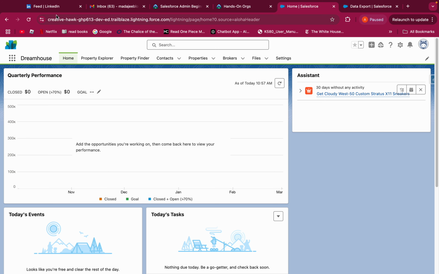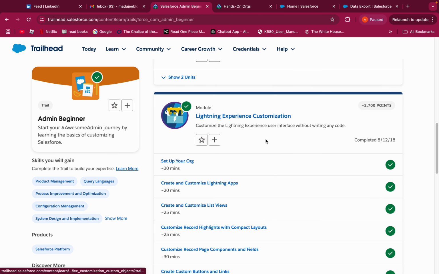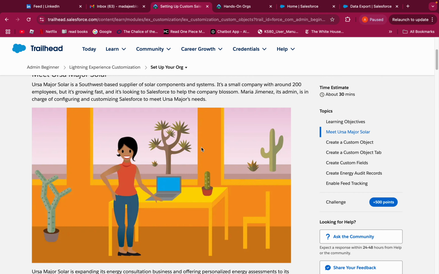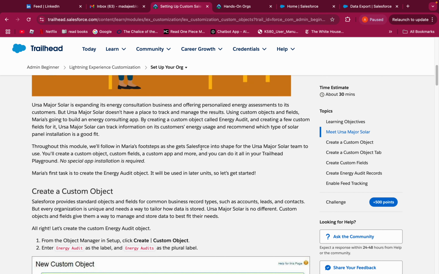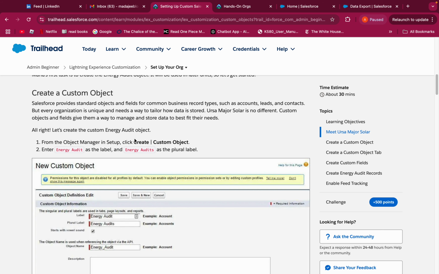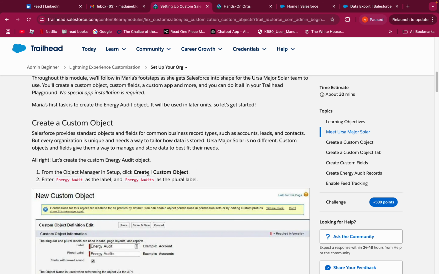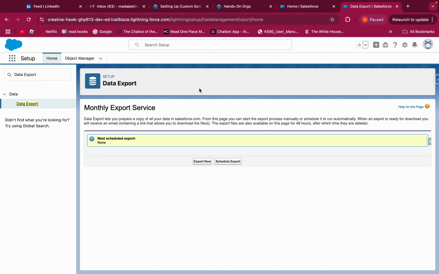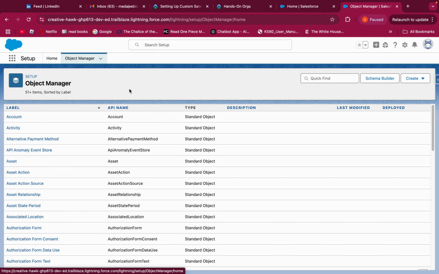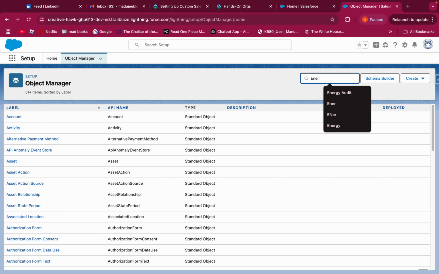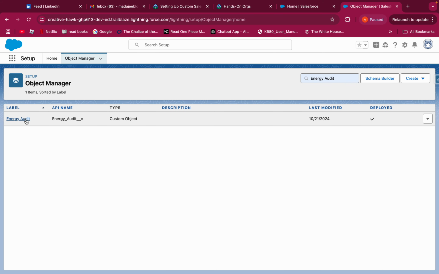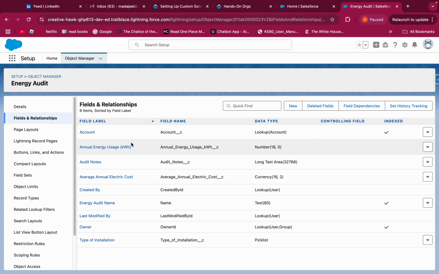And there are several customizations that come as part of Lightning experience, which we can see in this module. If we see that the trail talks about how you can create a custom object, so probably I would have created the energy audit custom object over here. Let's see. Yeah, so you create this custom object with a few fields like account is a lookup relationship,